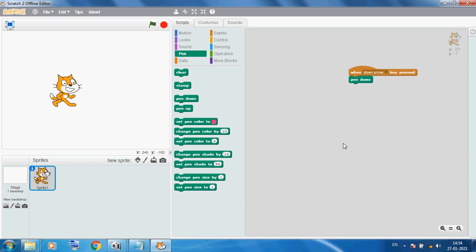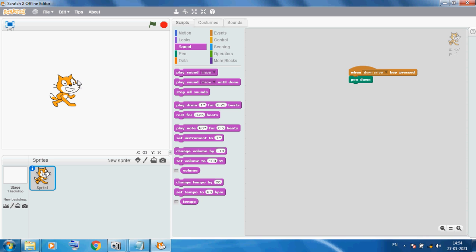Students, now we can use our sound effect. We can also give a sound effect. There are different kinds of sounds. First we choose from the sprite library.